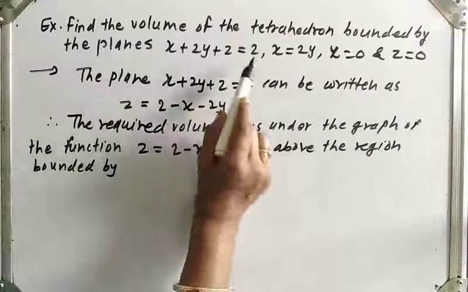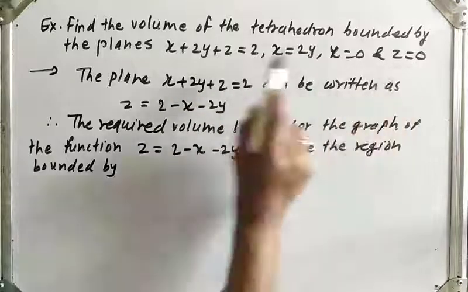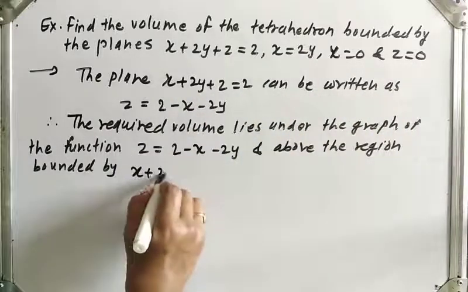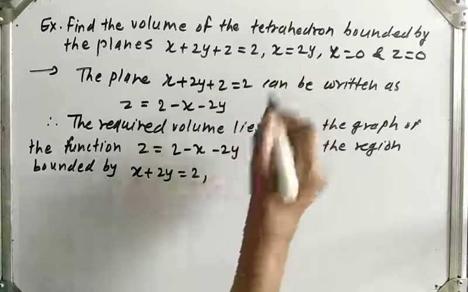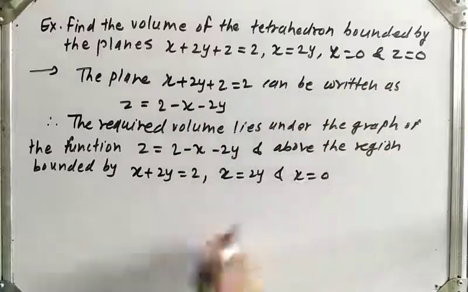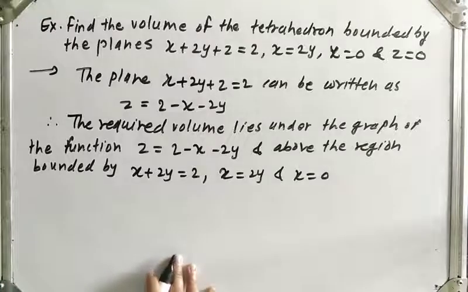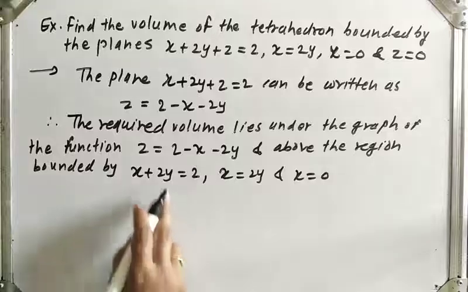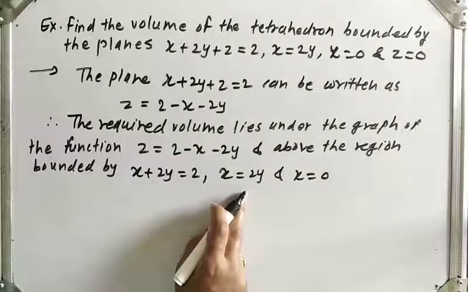x plus 2y is equal to 2, because z is equal to 0, so we can write x plus 2y is equal to 2, x is equal to 2y, and x is equal to 0. Okay, now here the points of intersection of x plus 2y and x is equal to 2y is